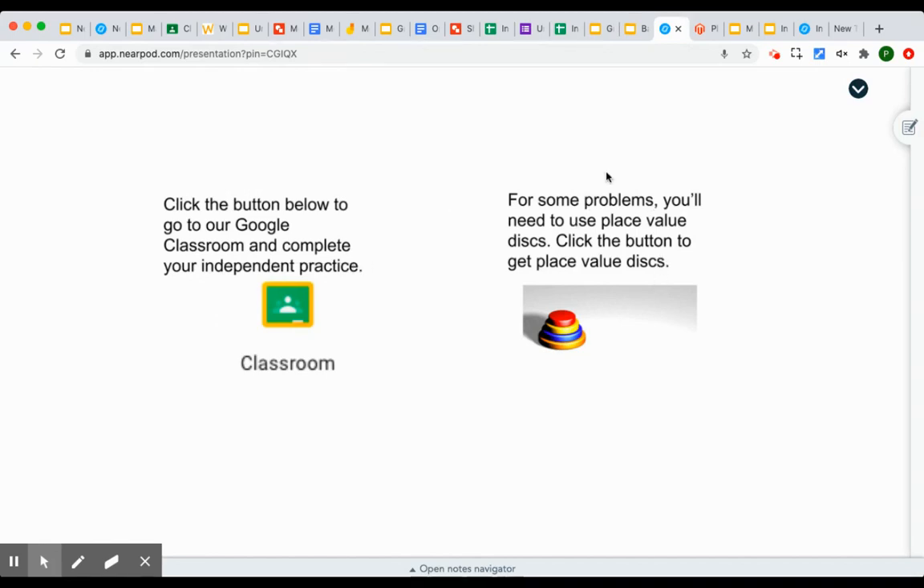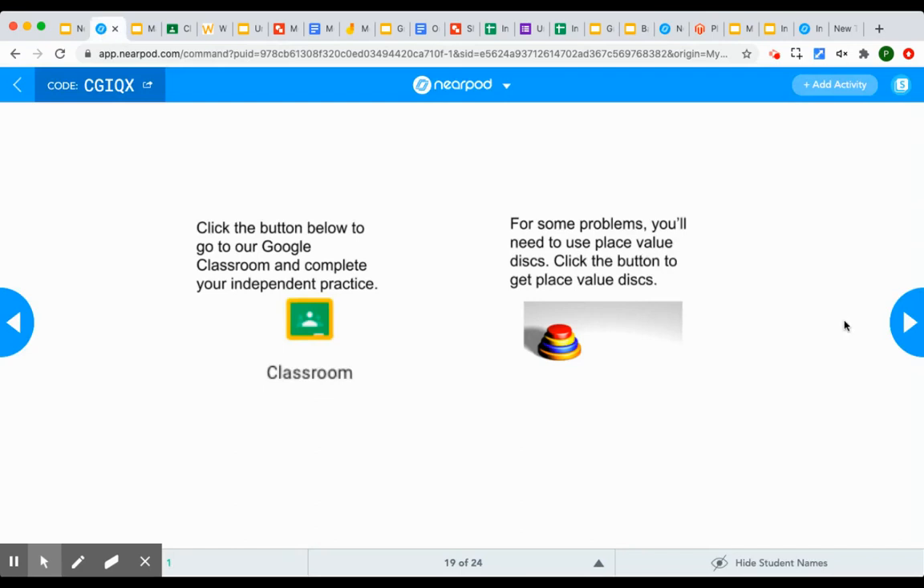And you can keep the Nearpod up. If I need manipulatives, I can click on the button to go there. So that's just putting links into a slide. That's not embedding web content. That's just putting links into the slide. Now, on the teacher side, if I move that forward,